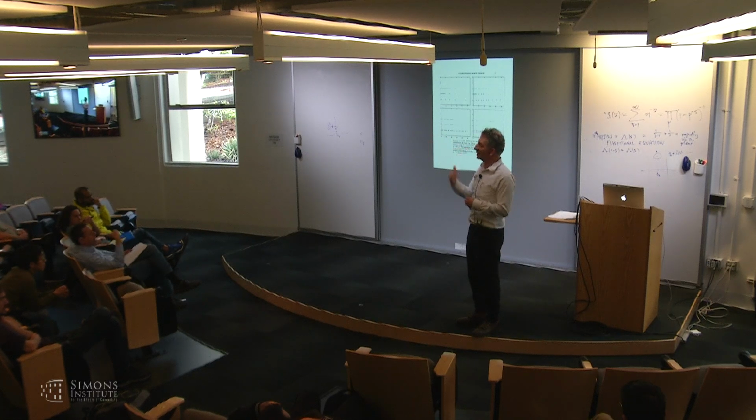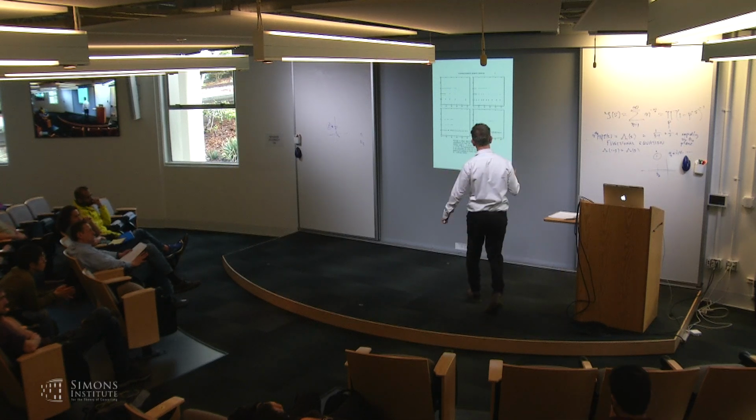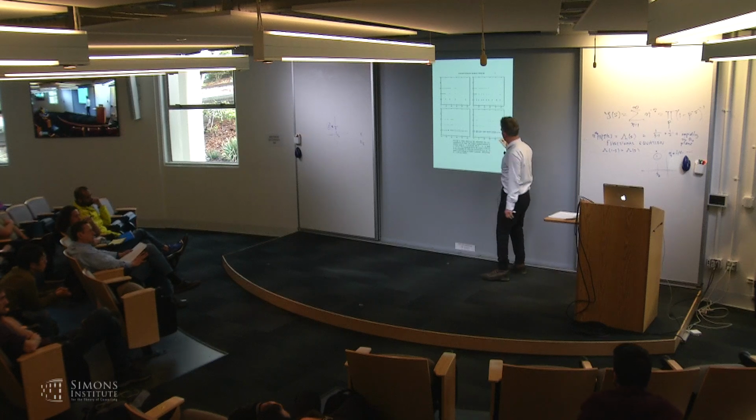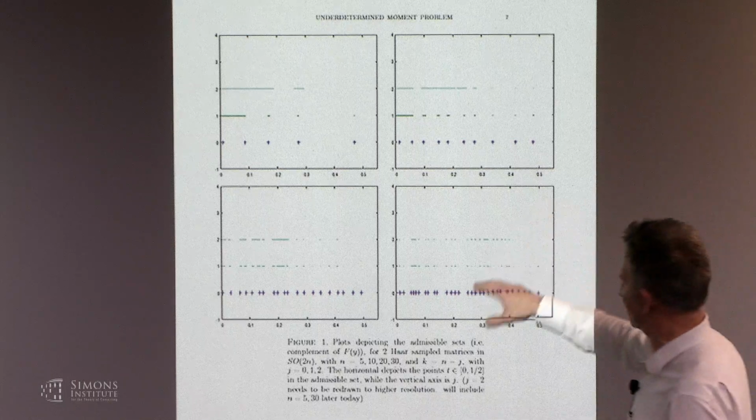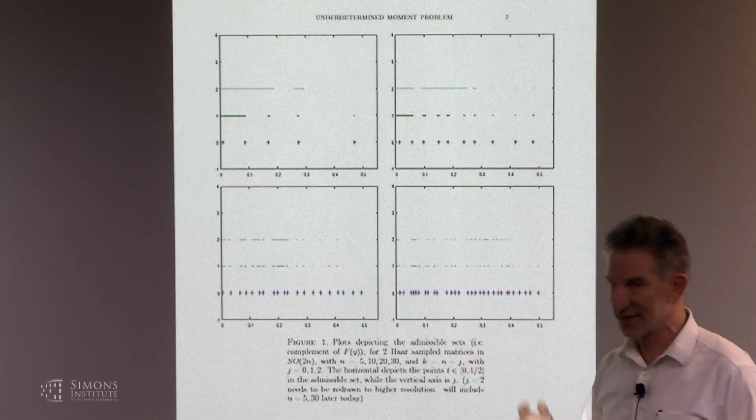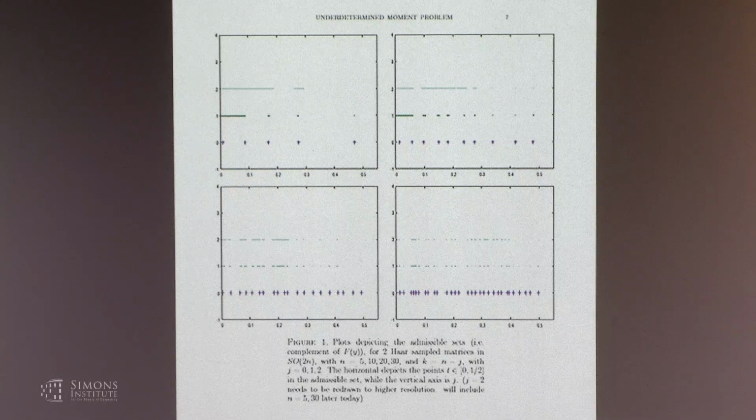But I'm interested when k over n goes to 0. So k a little bit less than n is not so interesting in terms of what we're trying to do. All right, so this is an example of what those sets look like. And the only way I know to compute these sets of size 30 is when the number of moments is 1 less than the total number of unknowns, because then I can run that algorithm by varying t,